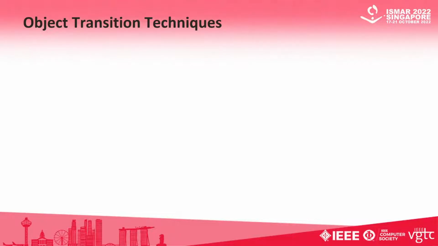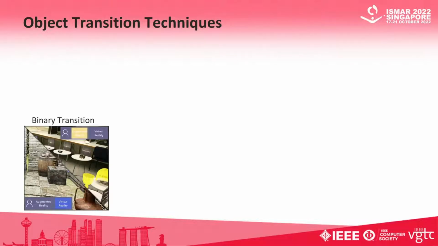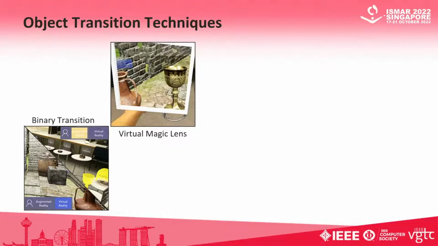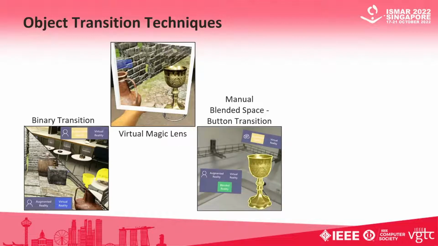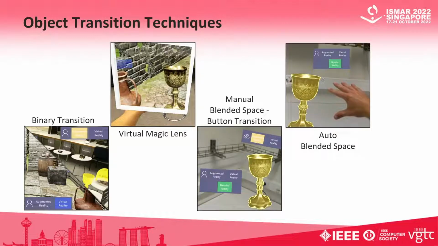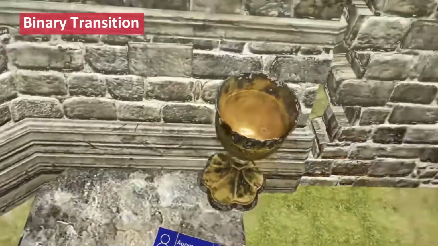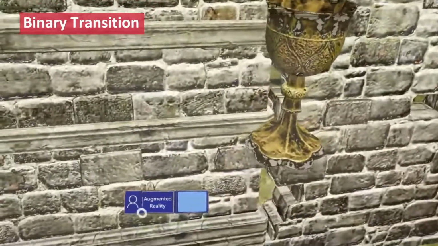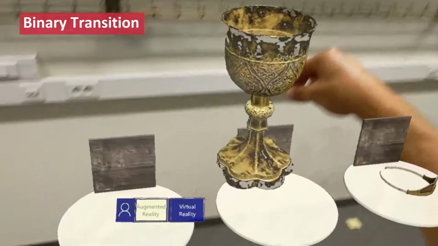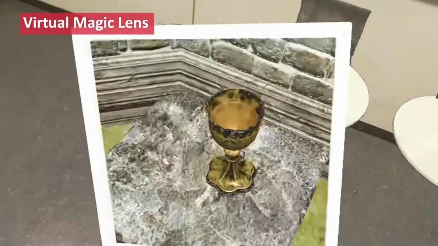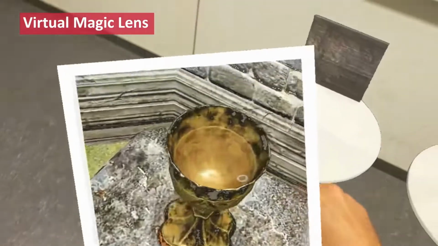So we first have the two baseline approaches, which are the binary transition, a step into approach, the virtual magic lens, and reach into approach, and then two versions of blended space, so the manual blended space and the automatic blended space. The binary transition works by allowing the user to transition themselves alongside with the object to the other environment. The virtual magic lens allows the user to see the virtual environment in the lens and reach into it